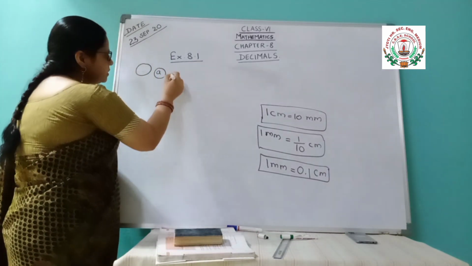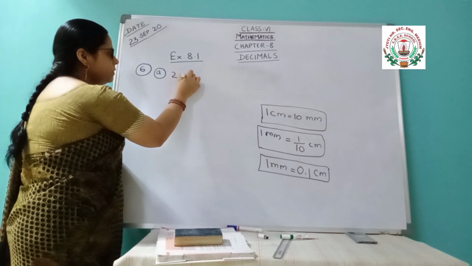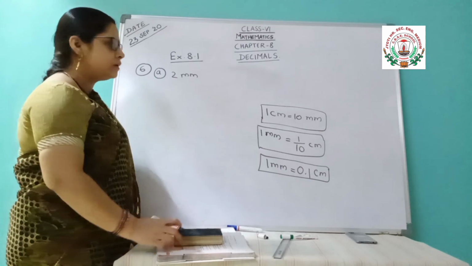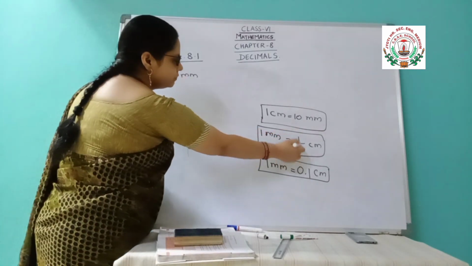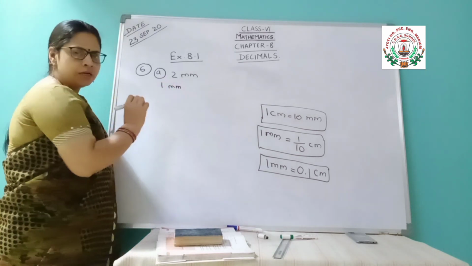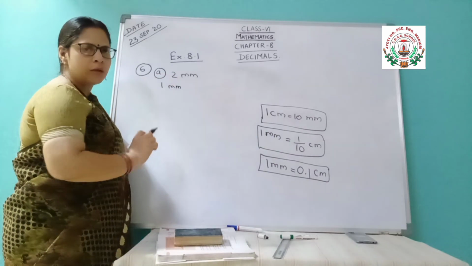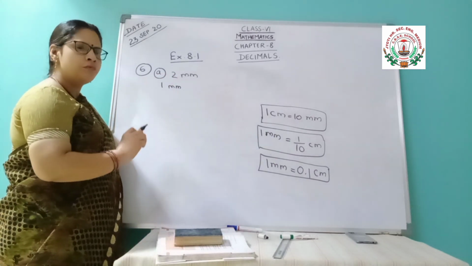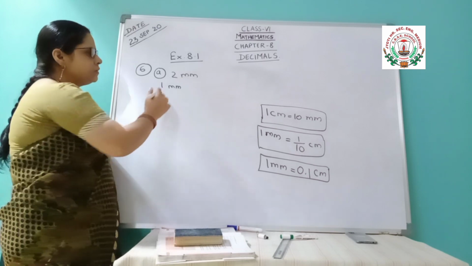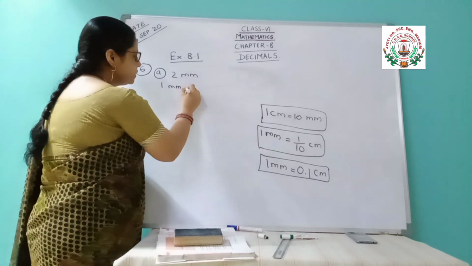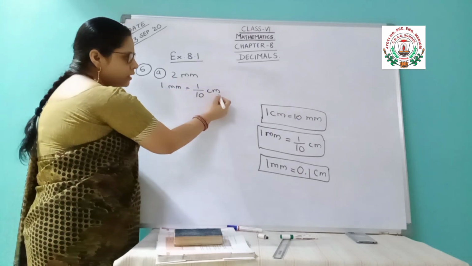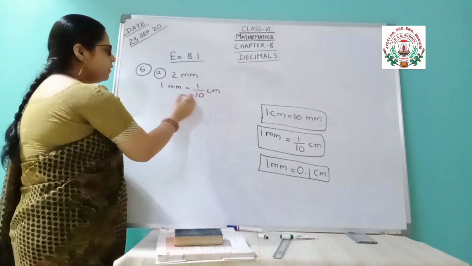So, the first part is 2 millimeter. And you are asked to convert this 2 millimeter into centimeter. So millimeter into centimeter is 1 by 10 centimeter. First we will write down here the conversion. It is very necessary and compulsory whenever you solve this type of question. Means converting from one unit to the other unit, that conversion factor you have to write in each and every question. So here we are writing 1 millimeter is equal to 1 by 10 centimeter. The thing which is given and the thing in which the question is asked, that you have to write.